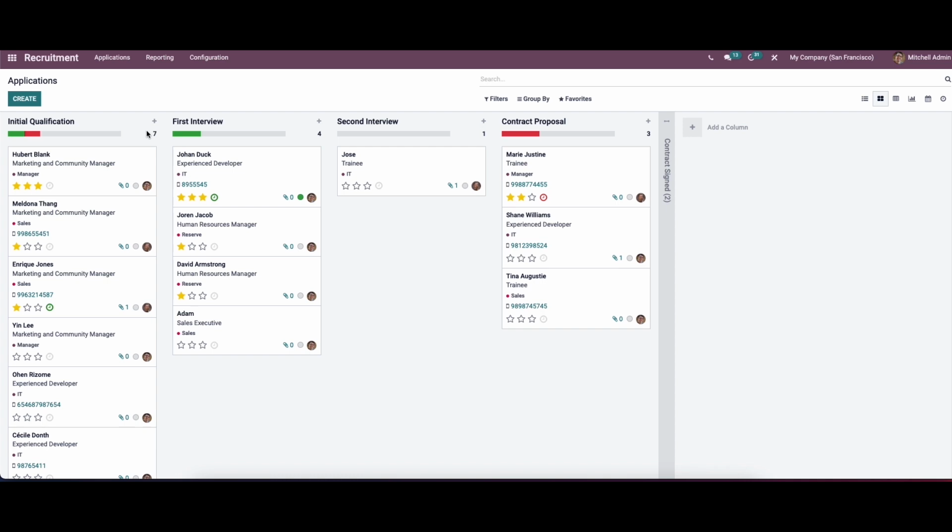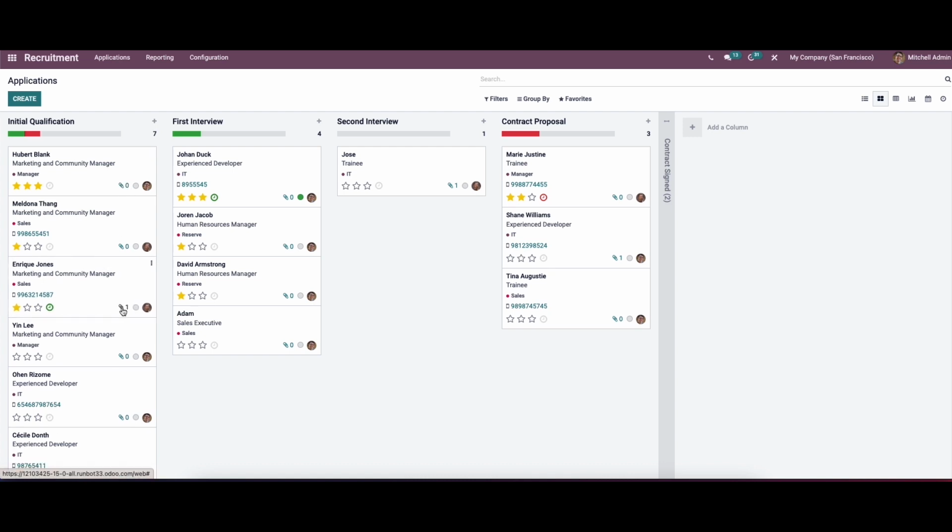And also here we can view the key informations like the name of the applicant, job position, department, phone number, and also we can mark the priority as good, very good, and excellent. And here we have the options to schedule the activity, and also we have the options to attach the document.